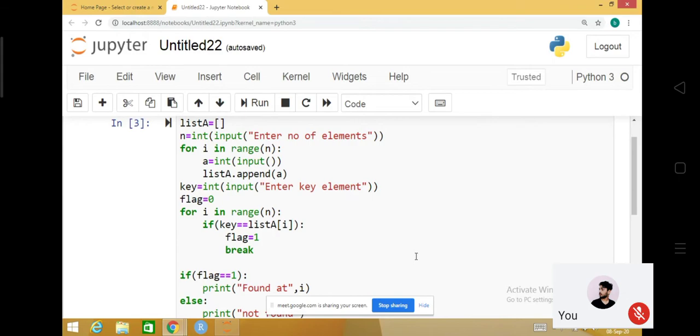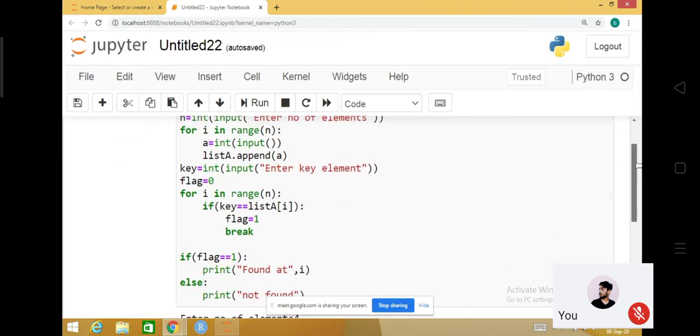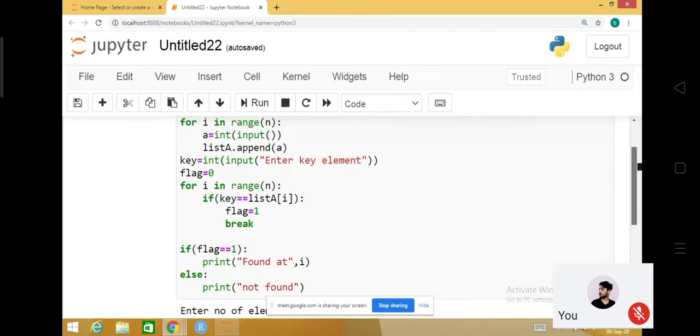So anyway, does anyone want to share the binary search code? Yes, ma'am, this code is too lengthy. I think the if else on the last part is not needed. A flag is just not needed, ma'am. Okay, so if I write it here, then what will you write in the else part?